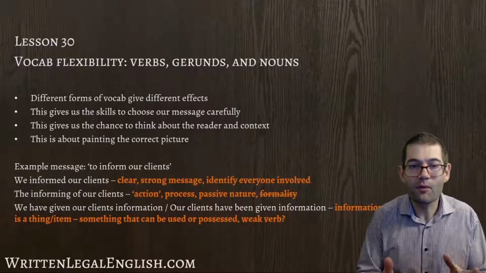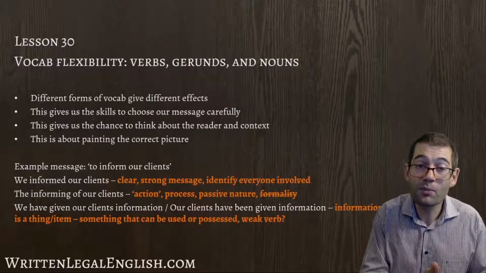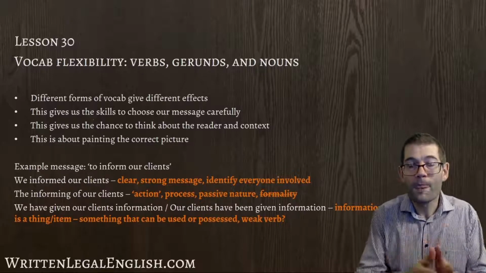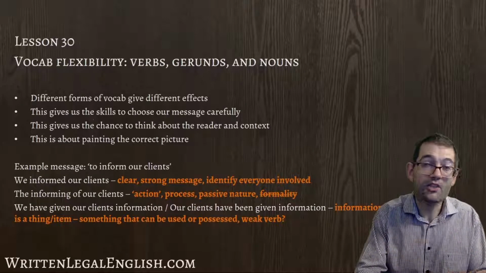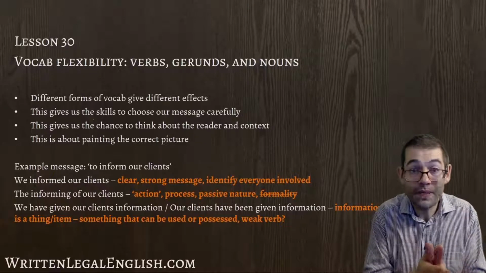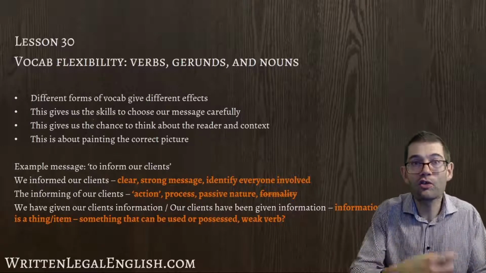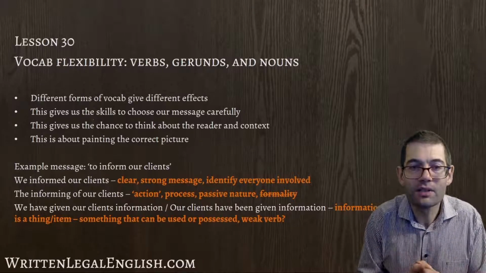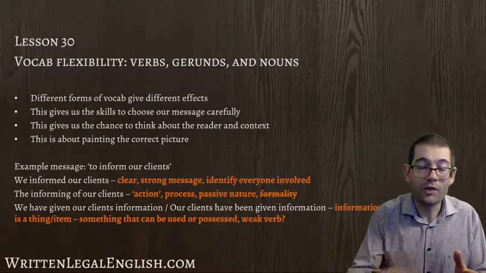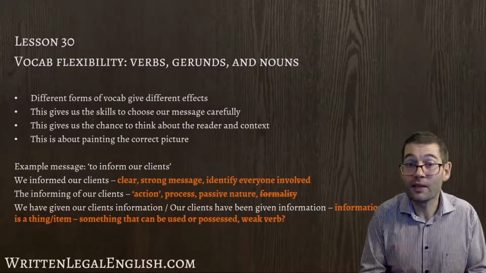So you can see now, by using the noun, it means that we have to change the structure again. We have to use other supporting verbs. A different picture has been created. But here the focus is on information as a noun. It is a thing. And we might choose this option because information in that context is a thing which could be given between people. So that context, that reason, that rationale would allow us to choose this option instead of, for example, we informed our clients.